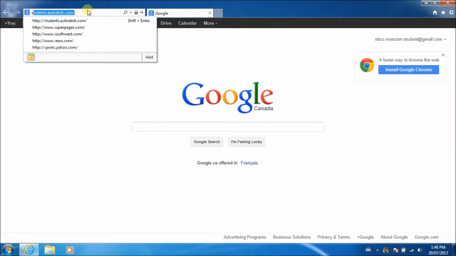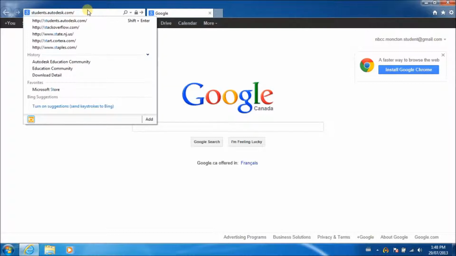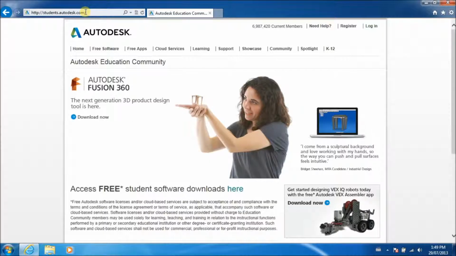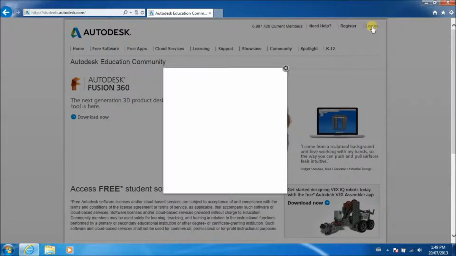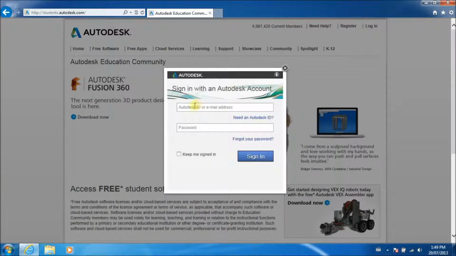And we're going to go to students.autodesk.com. Once we're there, we're going to go and click the login. We're going to log in with the user ID that we created in the previous video we registered for, and